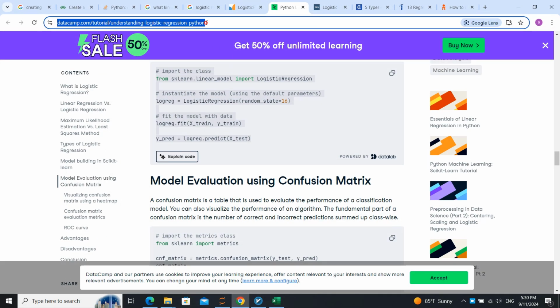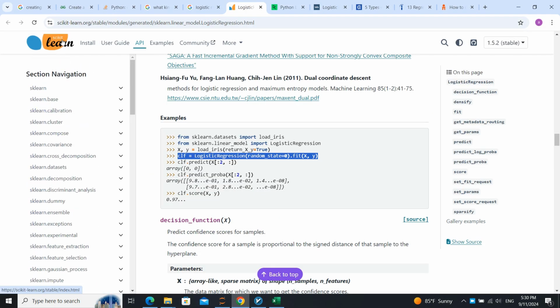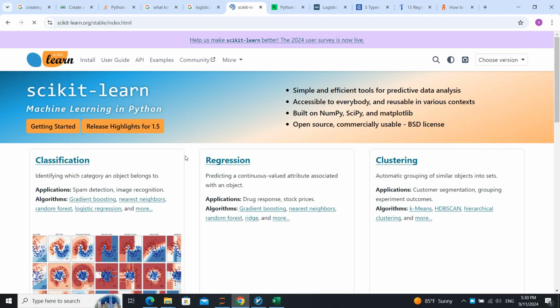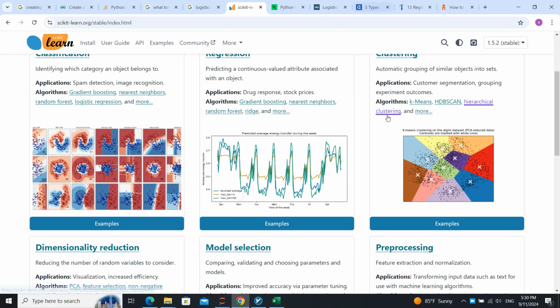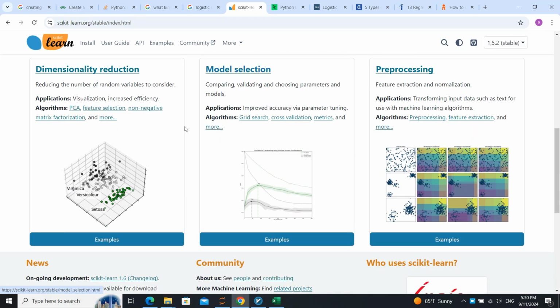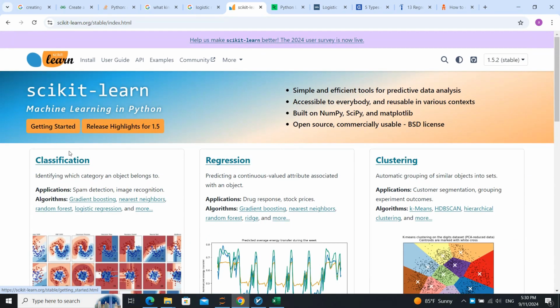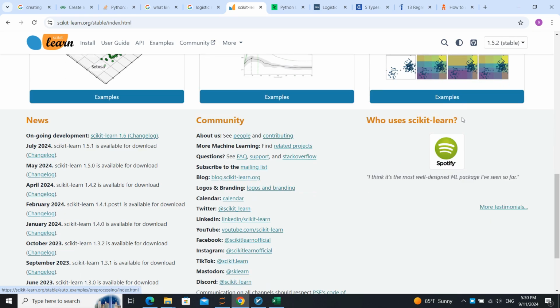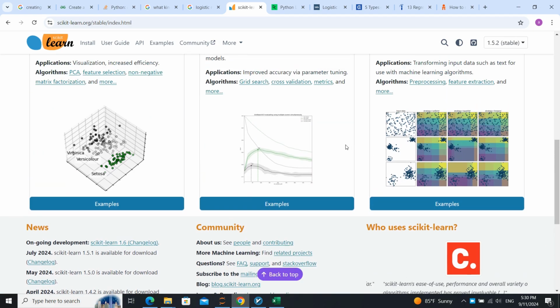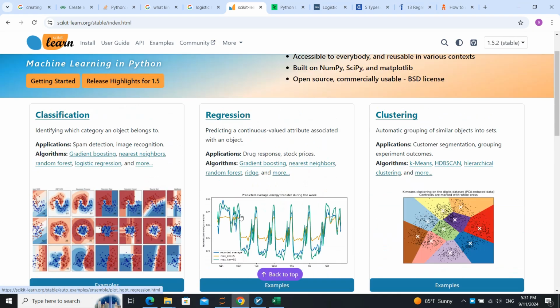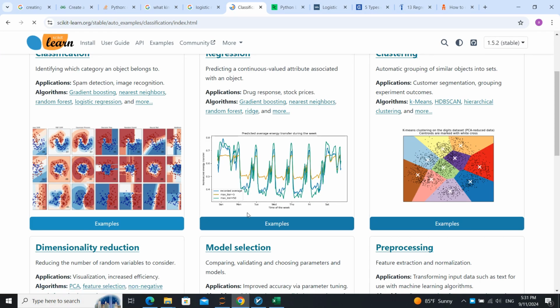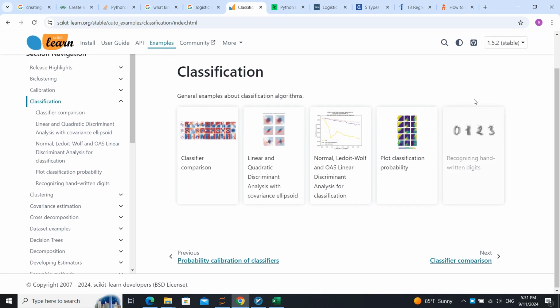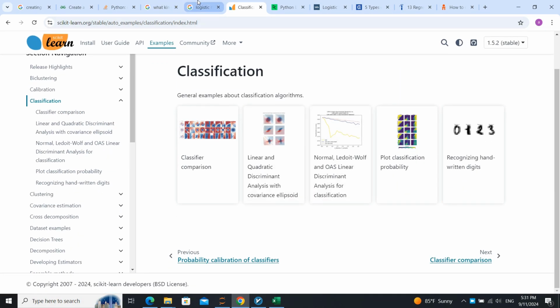Let's go to sklearn. Let's go to the main site, main web page. We do regression. The next thing we are going to learn about is classification and clustering. And about trees, we gonna learn more about them. Let's go to classification. We have some classification models and another thing.